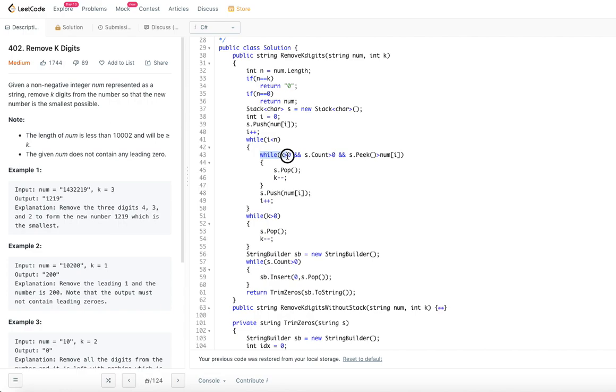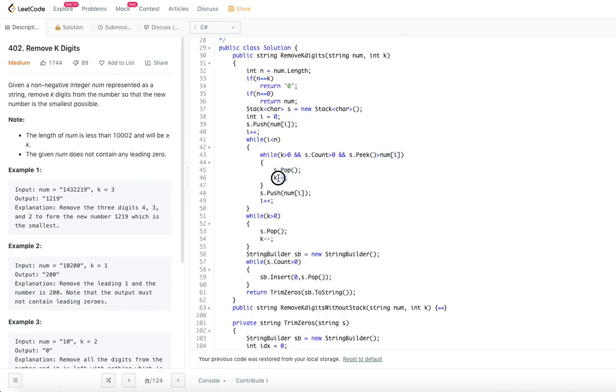While k is greater than 0, since we have to do only that number of removals, and the stack has some elements, if the top of the stack, peek will always give you the top of the stack, is greater than number of i, what we are going to do is pop.